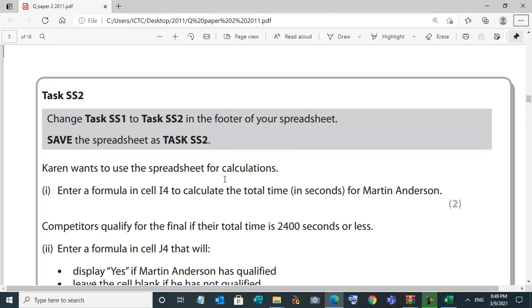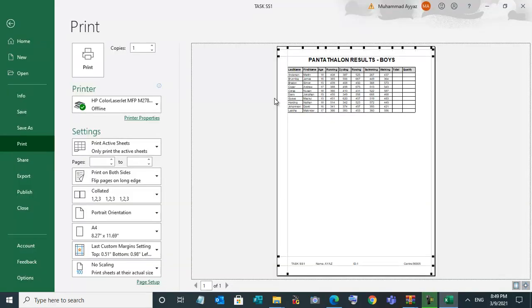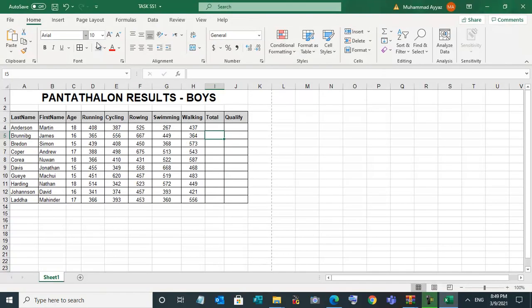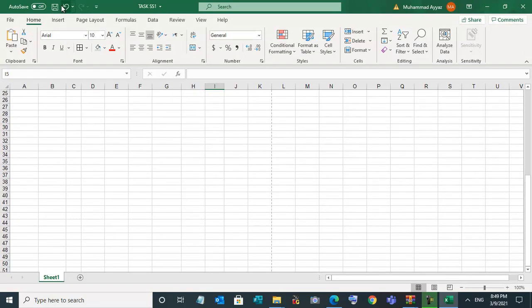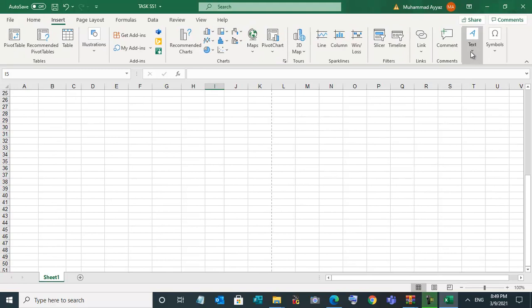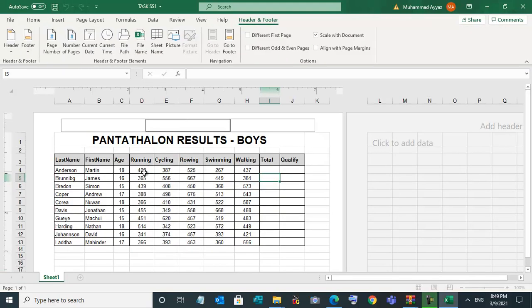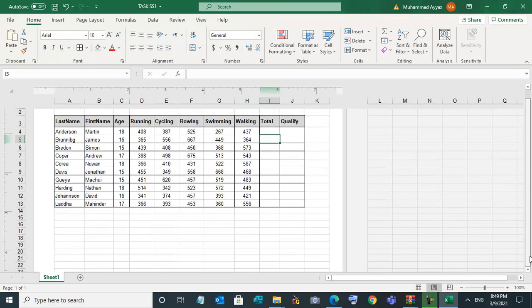Kiran wants to use the spreadsheet for calculation. Enter a formula in I4 to calculate the total time in seconds for Morton Anderson. So first we'll go back. To check that, you have to open this, so it will open the header and footer.